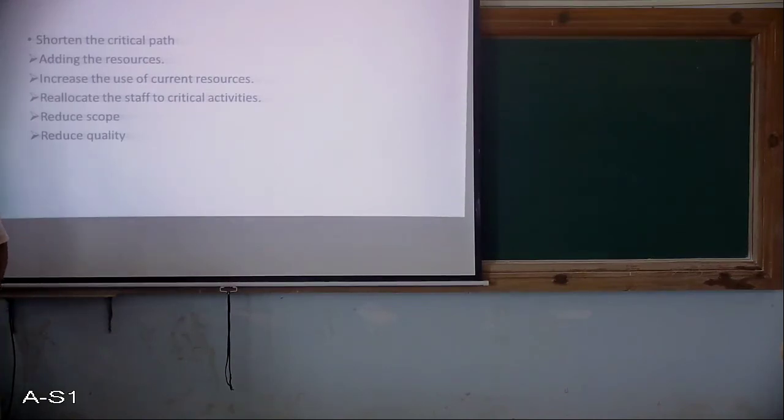That can be anything. Reallocate the staff to critical activities. This is what we discussed. The project manager might consider allocating more efficient staff to activities on a critical path, or swapping the resources between critical and non-critical activities. Whenever the project is actually executed, the critical path may change, the actual durations of activities may vary from the original estimates, and the allocation of staff can be adjusted. So this is how it works.